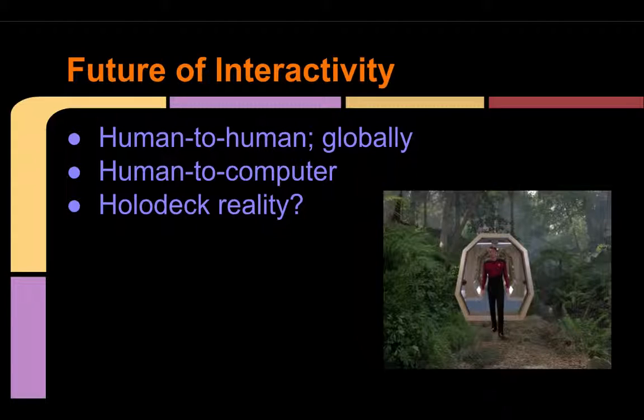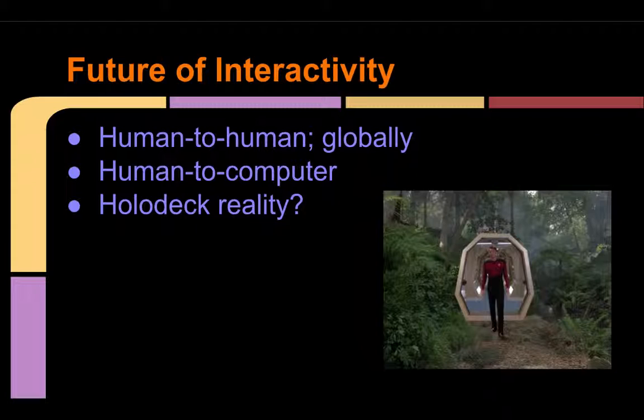Oculus has now introduced an accessory that allows you to have that tactile interface with your hands as you interact with your virtual environment. And Microsoft is on the forefront of creating these new virtual reality 3D hologram effects, all using some sort of eyewear device. So as we continue to see that adoption, we continue to see the potential of communicating with both current and historical figures, as is often the case in Star Trek, whether it's a Mark Twain or a Private Eye. You get the idea that you can create this reality that is very much real in the sense that you're experiencing it, but artificial in where it's located or